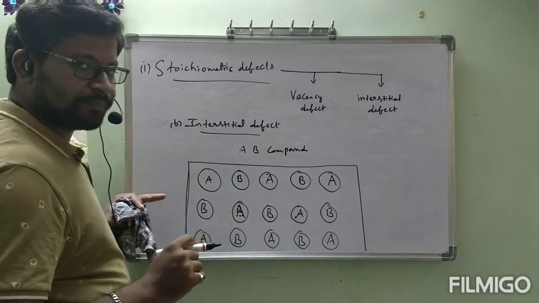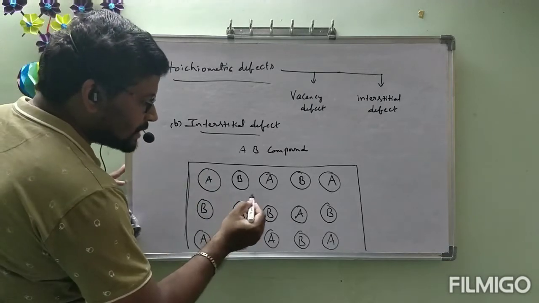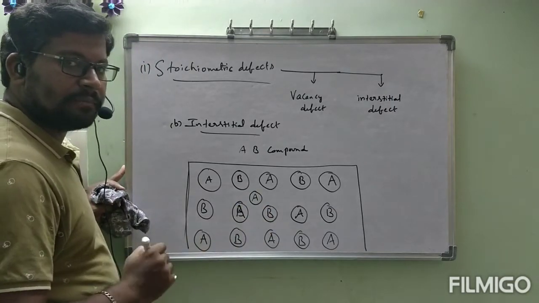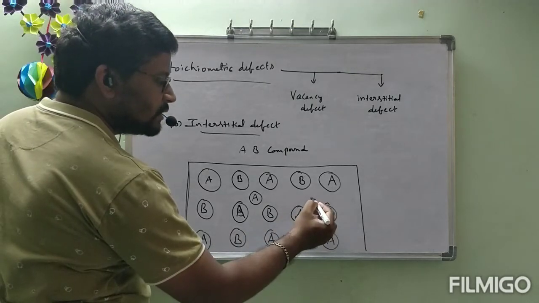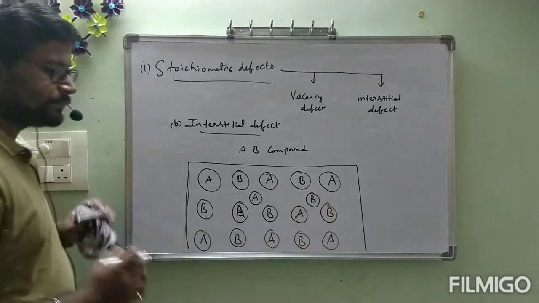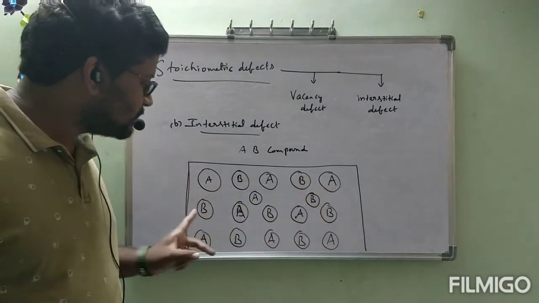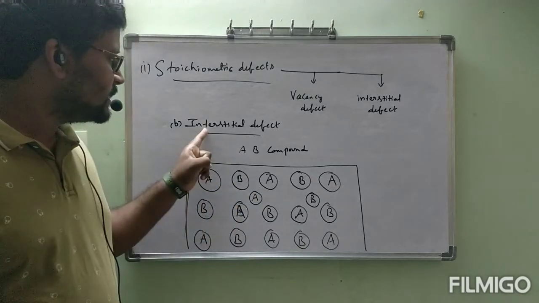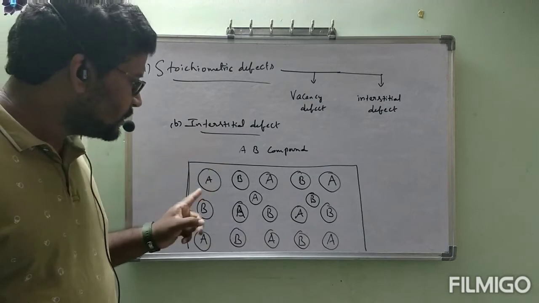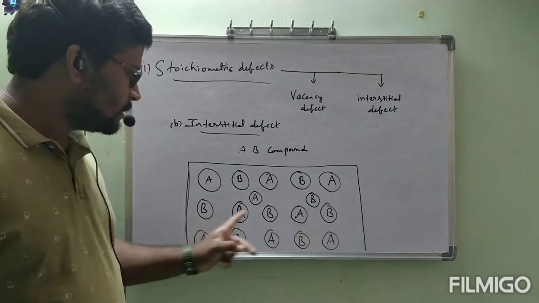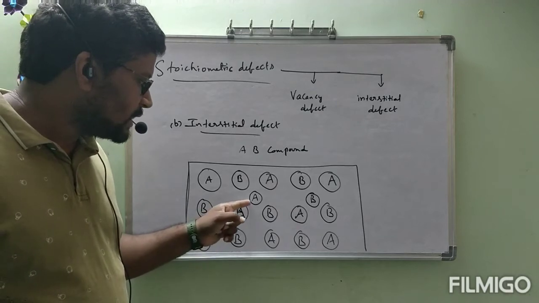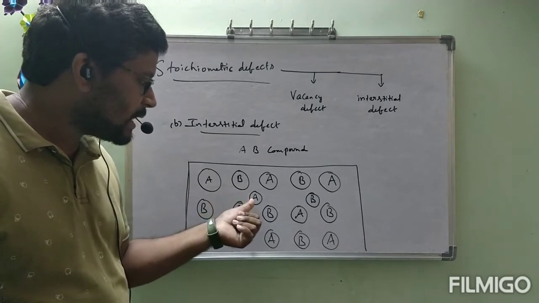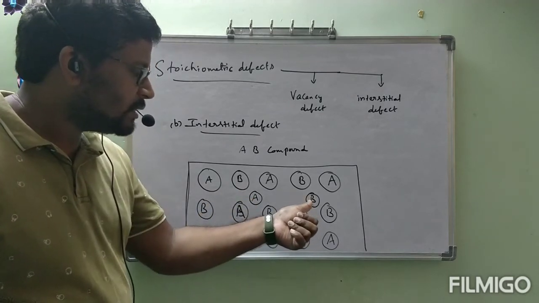But unexpectedly, these gaps are present. Into these gaps, a particle A might be present, as well as somewhere a B particle is also there. Without disturbing the lattice points, interstitial means in between. Without disturbing the lattice points, this A is going to be present in the interstitial gap. B is going to be present somewhere in the interstitial gap.